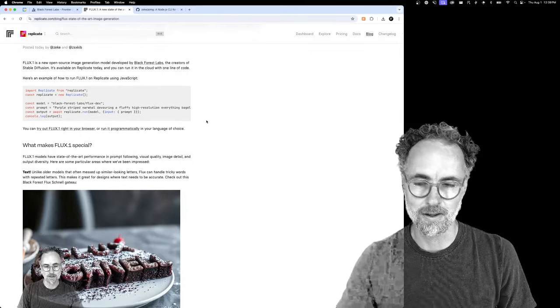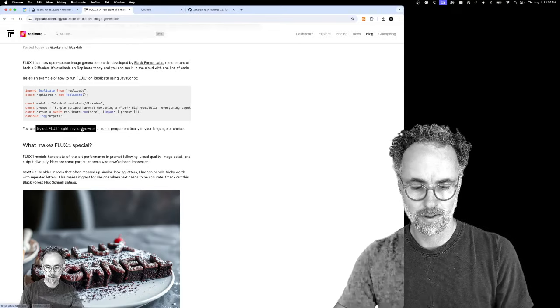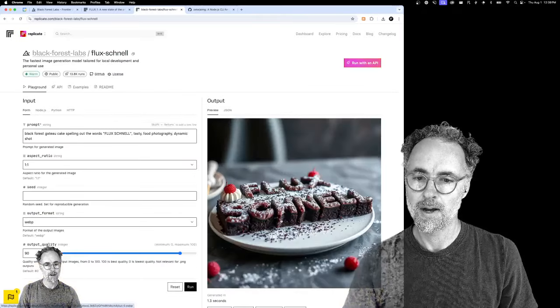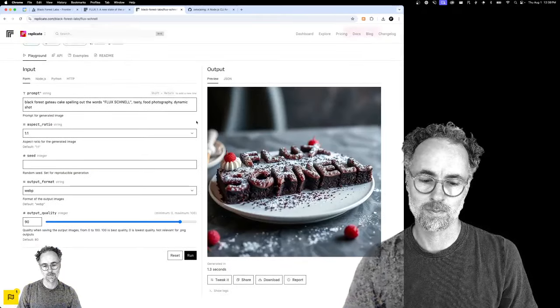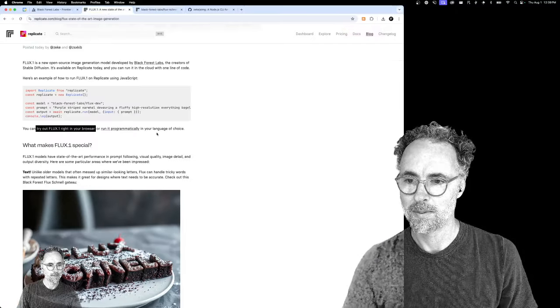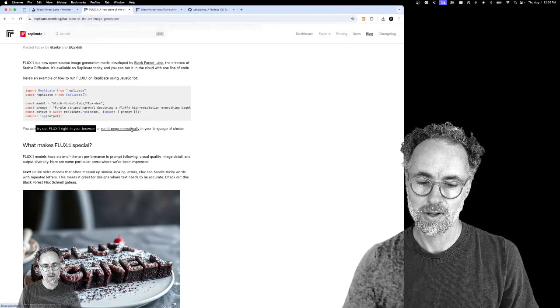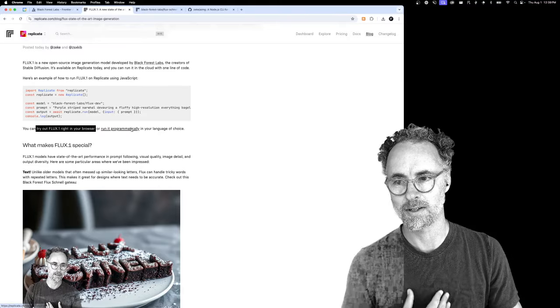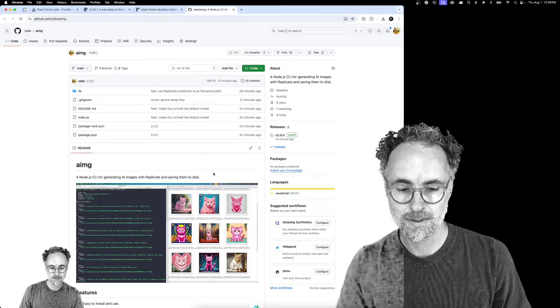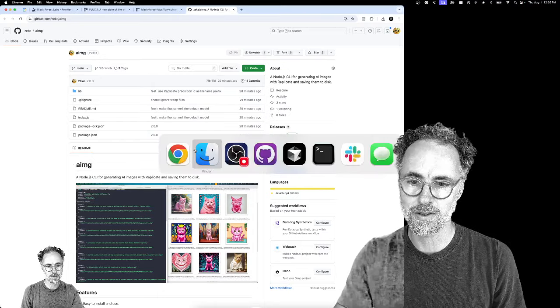So just like any other model on Replicate, you can run it in your browser. There's a few different models, and you can fill out a form right on the web to get started playing around with it. And then, of course, every model has its own API in the cloud that you can run as well. I have a little project called AIMG, which is a node command line tool that I like to use